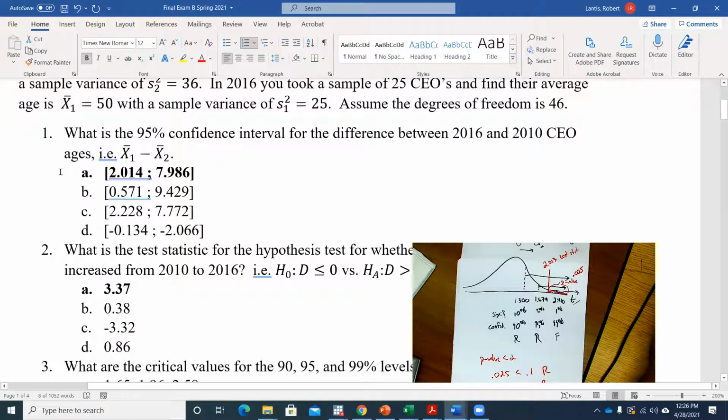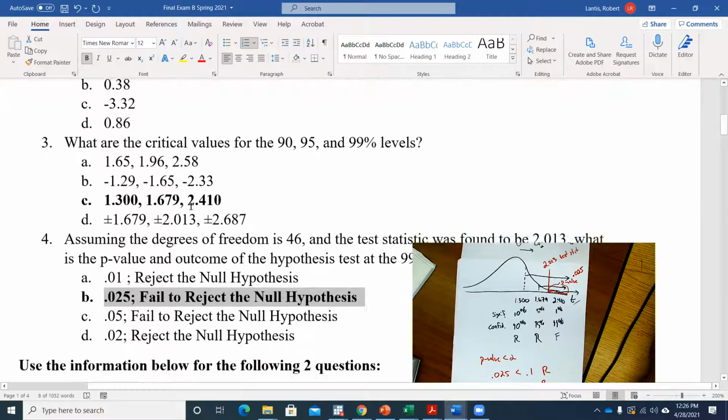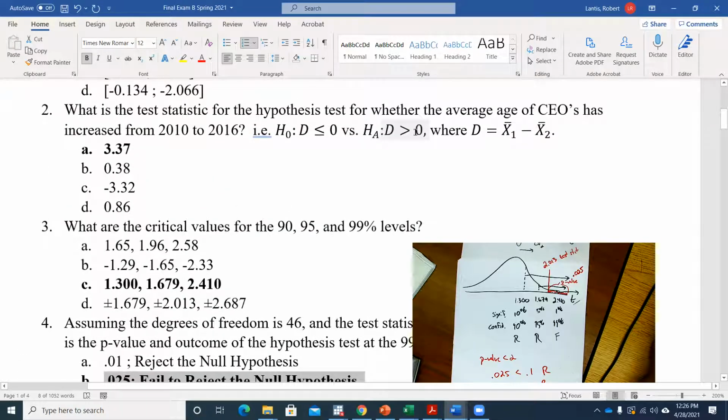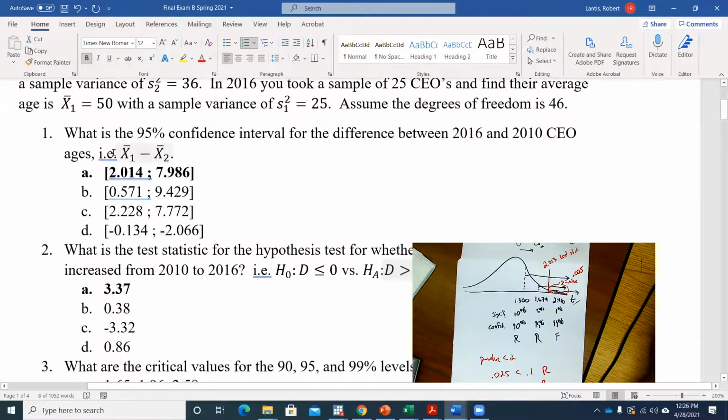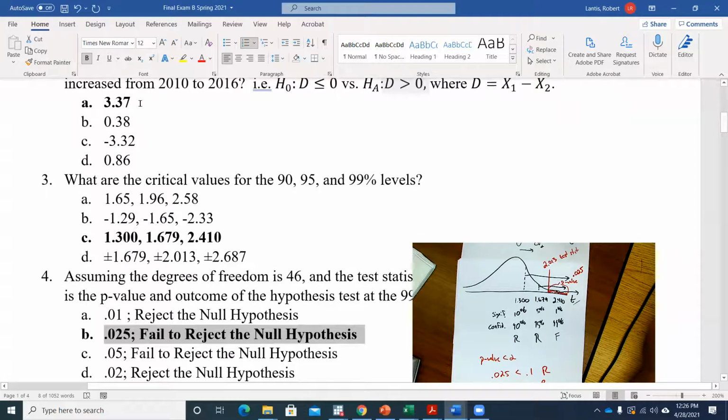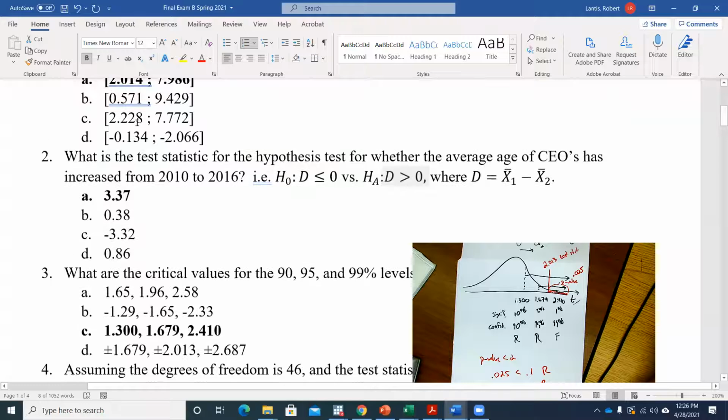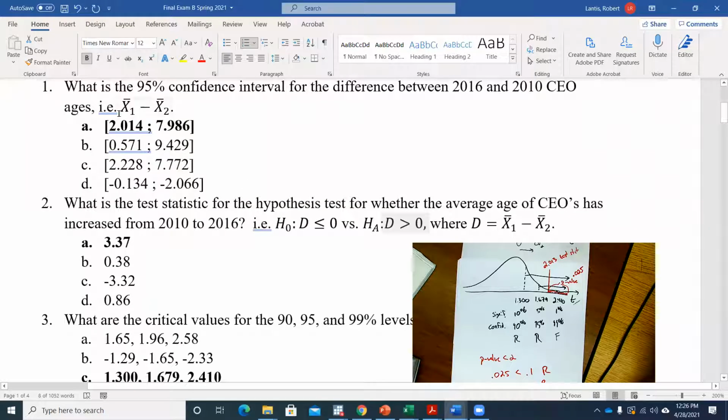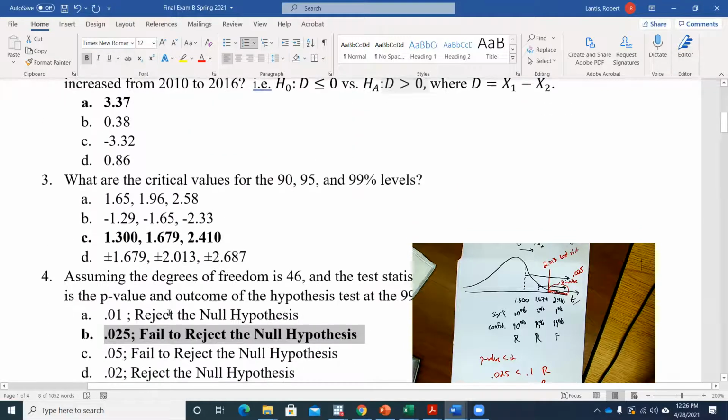Well, guess what? 0 is outside this range. I'm doing a hypothesis test for the value of 0, so I should be rejecting, right? Because 0 is not in my confidence interval. Sure enough, if I were to use that true test statistic, that's easily in my rejection regions, and I'll end up rejecting. So that's kind of what we're doing with confidence intervals. Confidence intervals tell you the range of values that could be the true difference. With hypothesis testing,